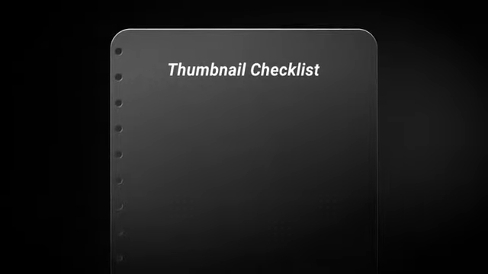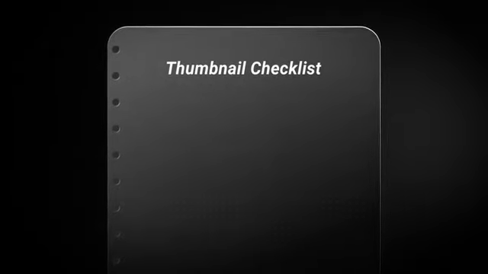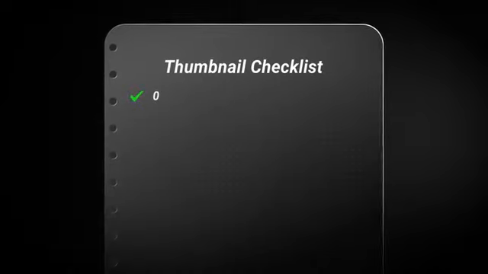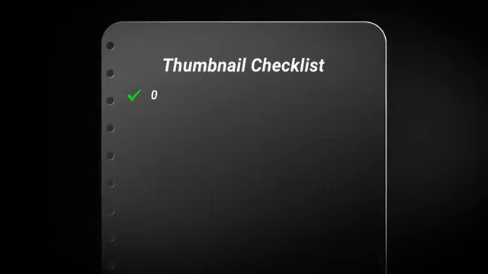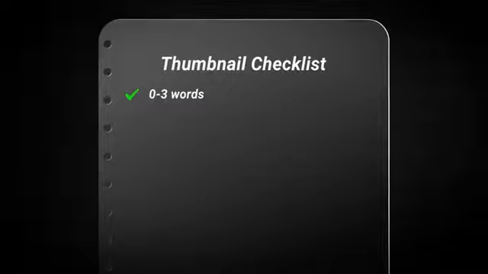Jokes aside though, if we were to create a checklist that would help you model the top YouTubers' thumbnails, it looks like the first item on that list would be either have no text in your thumbnails, or keep the amount of text between 1 to 3 words. And if you thought that was interesting, just wait until you see some of the data coming up. Because the thing is, not all words are equally clickable.